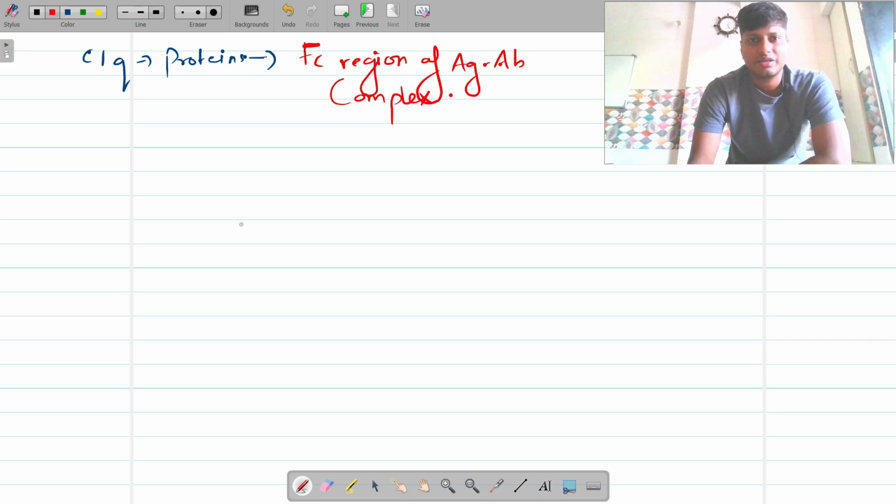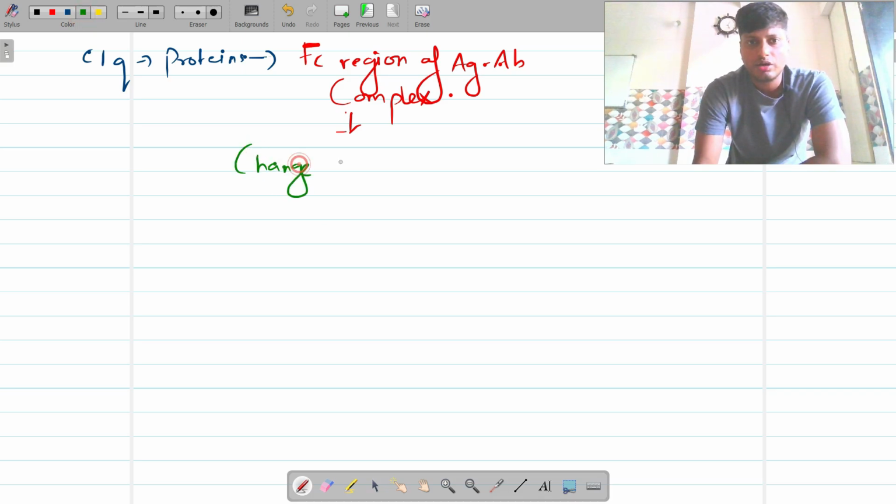So in this video, we are going to see the second part of the classical complement pathway. So let's understand this particular pathway. In the classical complement pathway, initially the C1q protein is going to bind to the Fc region of the antigen antibody complex. Once it binds to the antigen antibody complex, this will result in